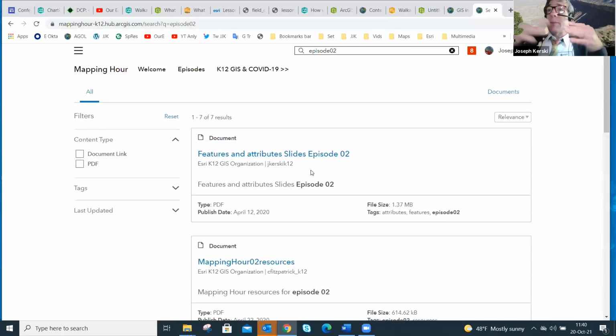The hub worked well because we were collaborating. We needed to get it done fast. And we wanted to serve a variety of different kinds of data in it: PDFs, data layers, lessons. So it allows us more flexibility than if we had all tried to create a story map, if that makes sense. Story maps are still, even though you can collaborate, I think more useful for one or two persons to create on the results of their research.